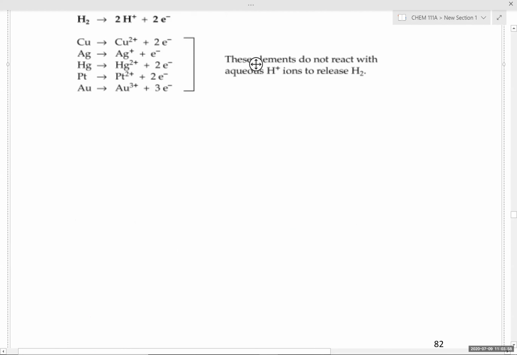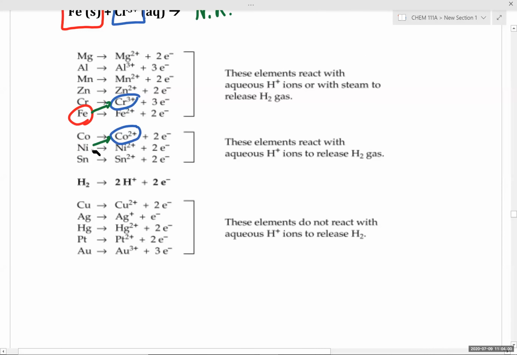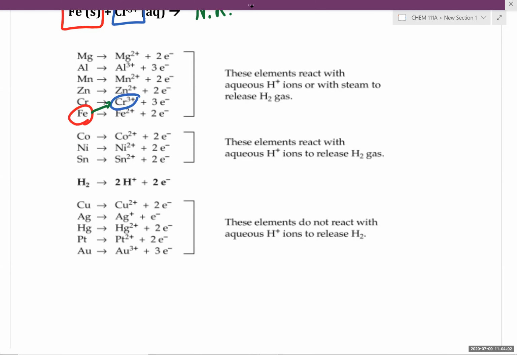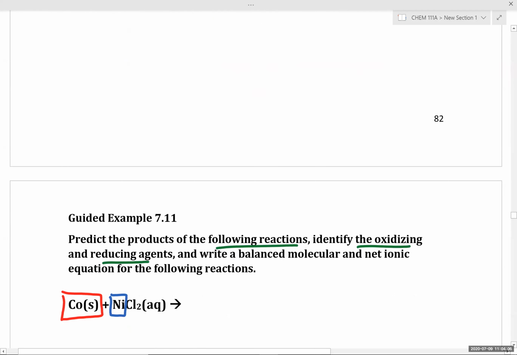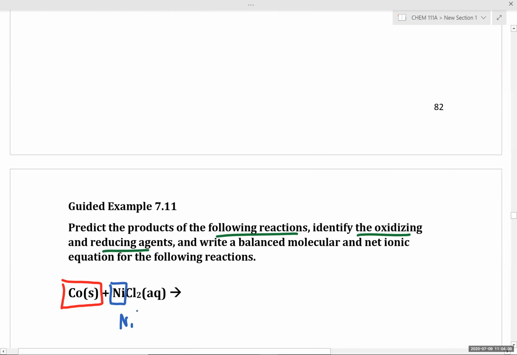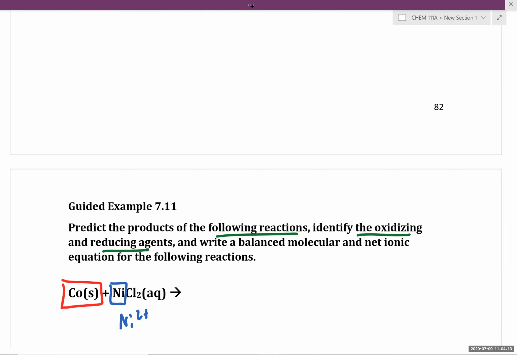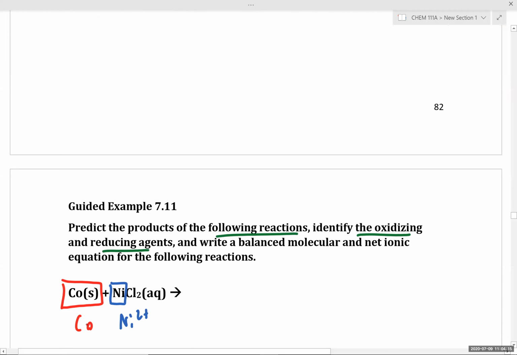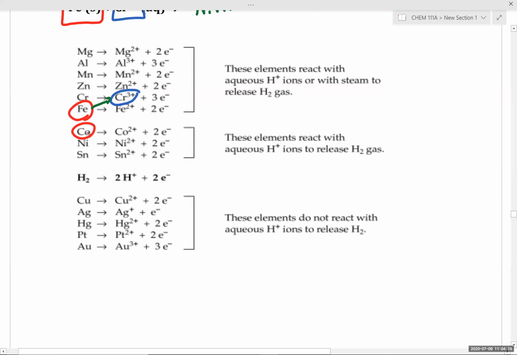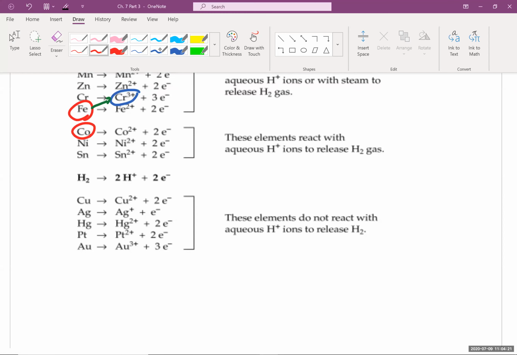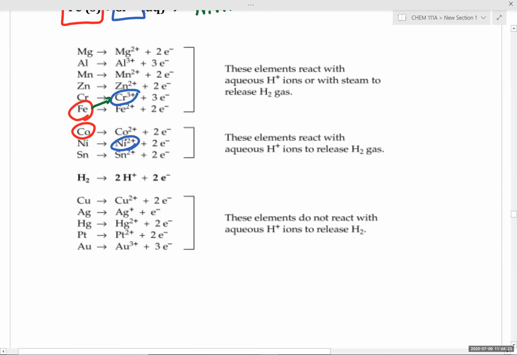Sorry, one moment, I had it reversed. We have nickel 2+ as our, let me just check this really quickly. So our cation is nickel 2+, and our neutral metal is cobalt. So if I circle cobalt and nickel 2+, and now I draw the arrow for the actual reaction that we're looking at,